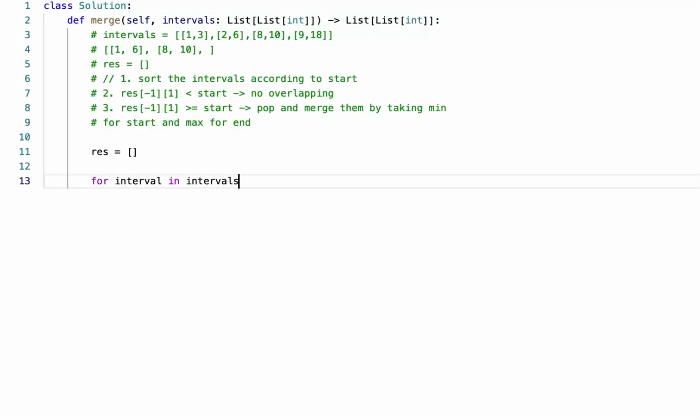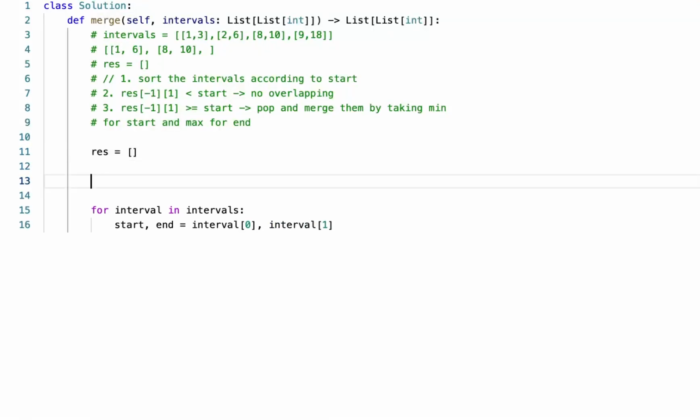For intervals, start end is going to be interval 0, interval 1, and let me sort this one. Intervals is sorted. I would ask the question: can I sort the given intervals? And if there's no issue, I would just